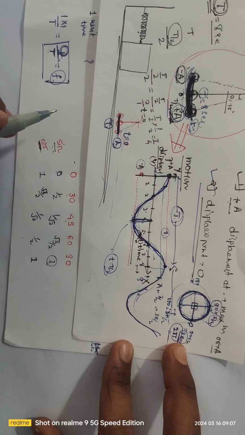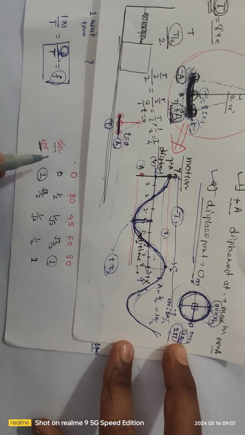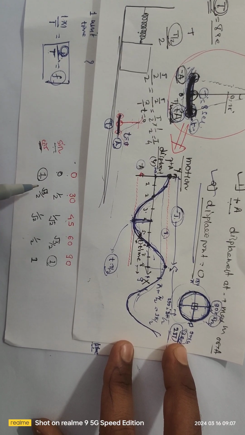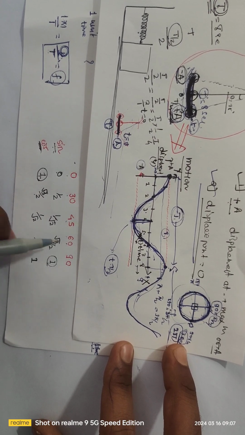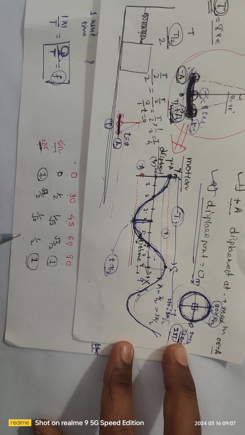So when I take cos 0 degree, it will become maximum. Cos 30 is root 3 by 2, cos 45 is 1 upon root 2, cos 60 is 1 upon 2, and cos 90